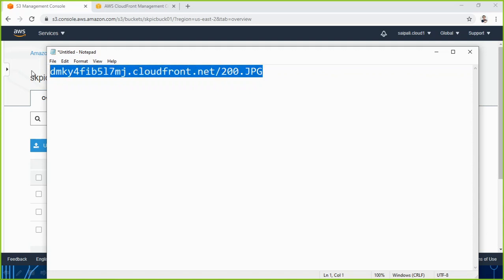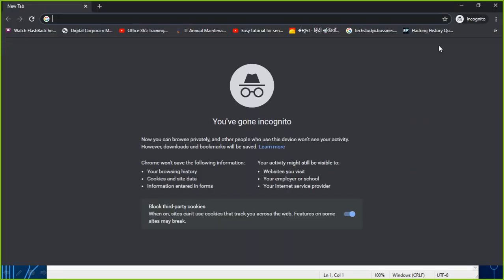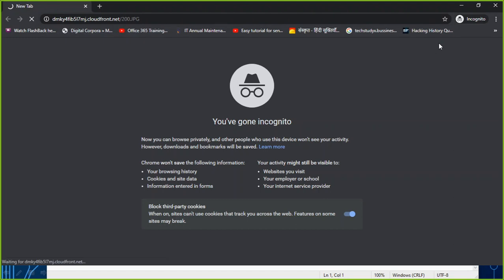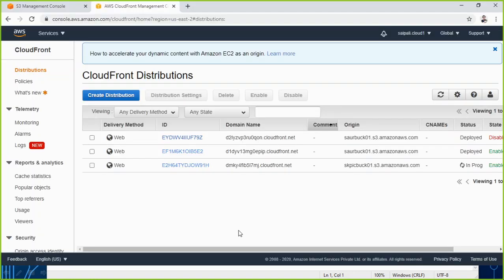Let me copy once again and try here, /200.jpg, hit enter. Let me verify once again. Okay, so what we can do meanwhile, I have made some change here, it's in progress.